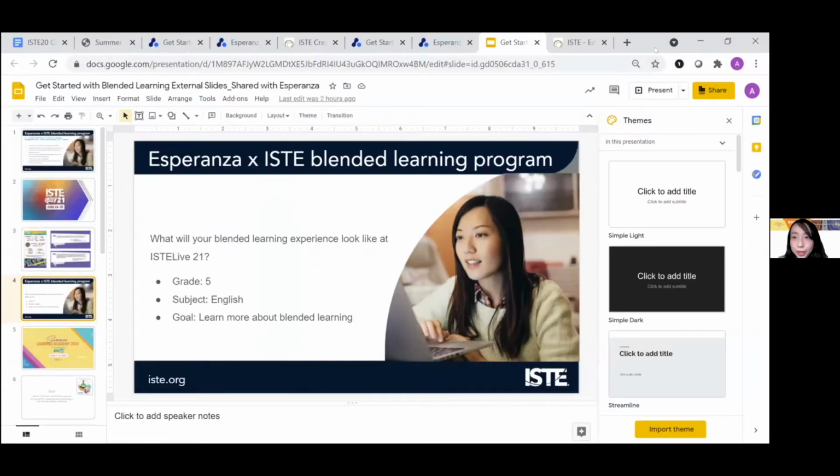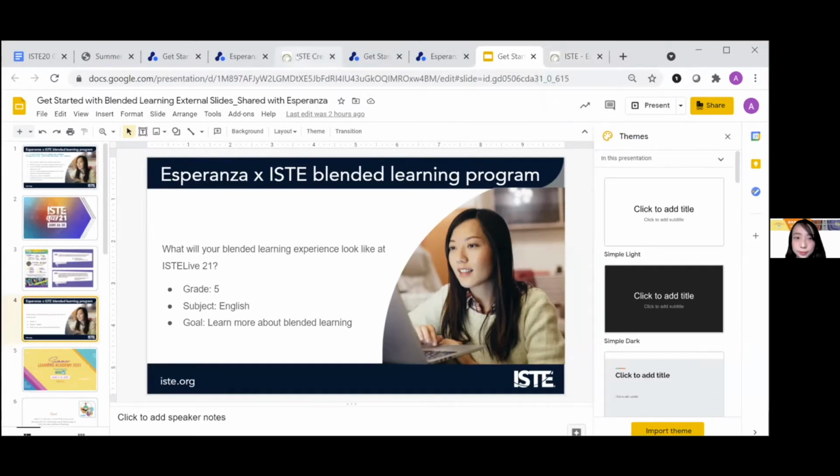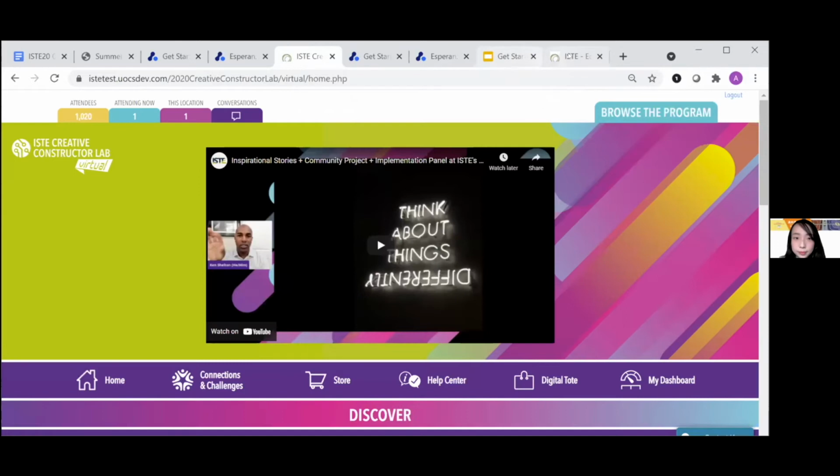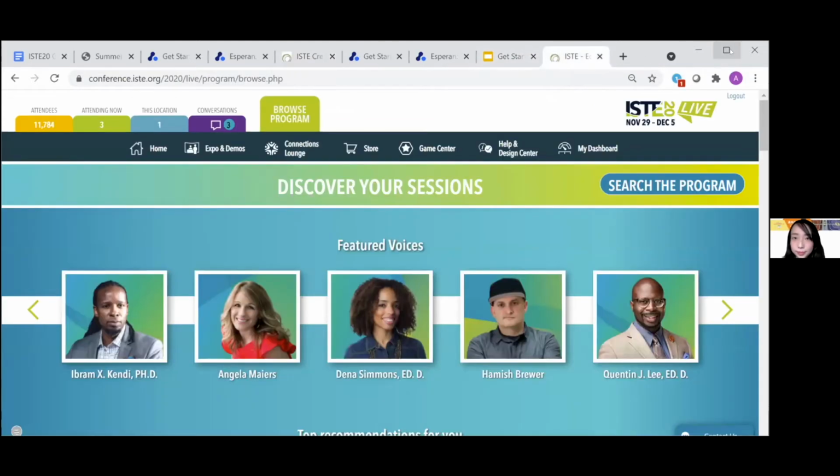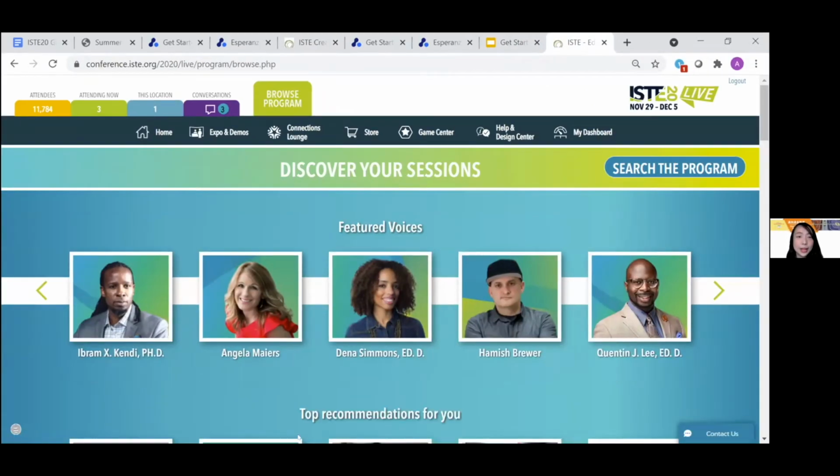So let me do a demo with the ISTE 20 platform. So here is the ISTE 20 platform. ISTE Live 21 will look a lot similar to this platform.